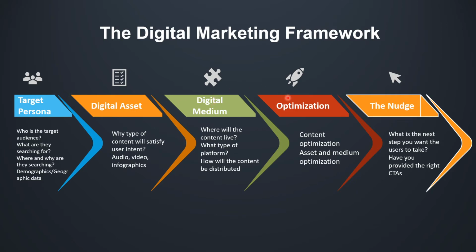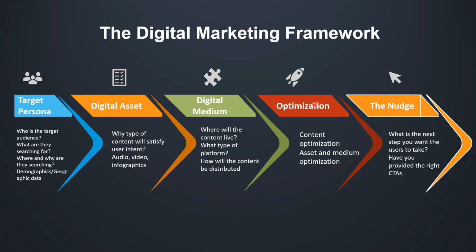because only then you can get into the third step, that is optimization. Now, I want to give you another simple example. Let's say you decide that you want to write a blog post about an informational topic like how to increase conversion rate on your e-commerce store. That becomes your blog post. Then your digital medium will be your website, or your e-commerce website. Only then can you figure out what kind of optimization you can do.